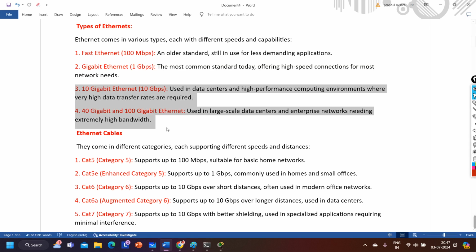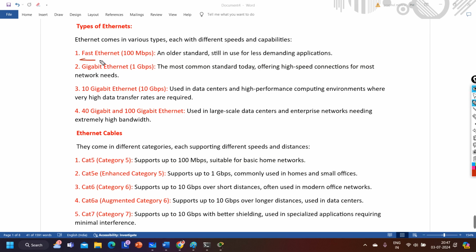But while doing labs in Packet Tracer, GNS3 or EVE-NG, we are going to use what? Fast Ethernet, because we will have only the Fast Ethernet option there. So we will configure OSPF on Fast Ethernet, but we will assume we are doing it on Gig or 10 Gig, because the command is the same, the configuration is the same, everything is the same. Nothing is different, right? The difference is only that you are doing it now on Fast Ethernet. In real time you will configure it on 10 Gig